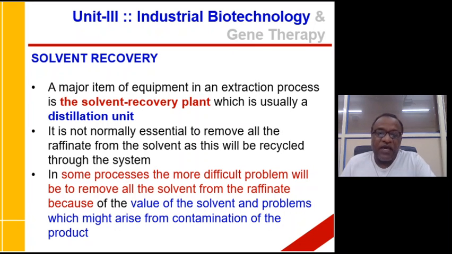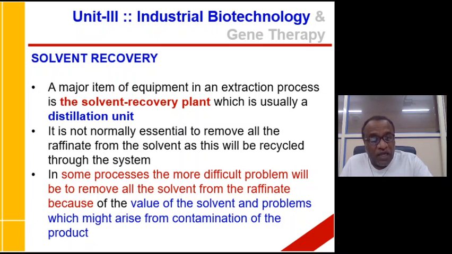Right. So next we have recovery of the solvent. The major item of equipment in an extraction process is the solvent recovery plant or unit. Usually it will be a distillation unit. It is not normally essential to remove all the raffinate from the solvent, because most of the time it will be recycled. And in some processes, the more difficult problem will be to remove all the solvent from the raffinate, because